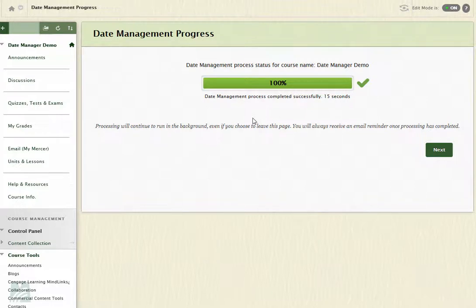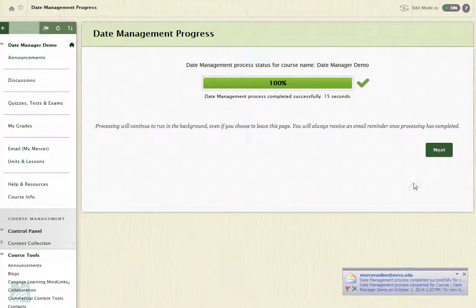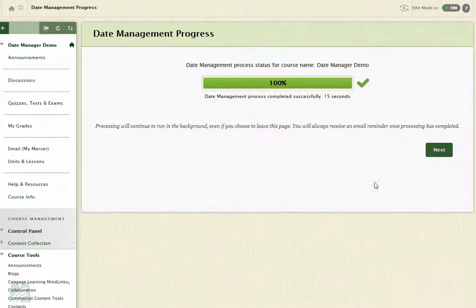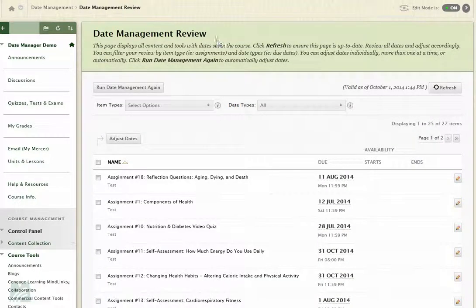So you'll notice the screen here, it says it's at 100%. And if I click next, you'll see down here, I did get the email. So if you did start the date management process and walked away, you'll get the email once it's ready. So I'm on this screen here, and I click on next. So this takes us to the date management review screen. And from this screen, we can actually come in and adjust the dates for all of the assignments that are in the course. Now you can set the due dates, you can set the start and end dates. Anything that you configured a date for inside of the course, you can also configure a date for right here